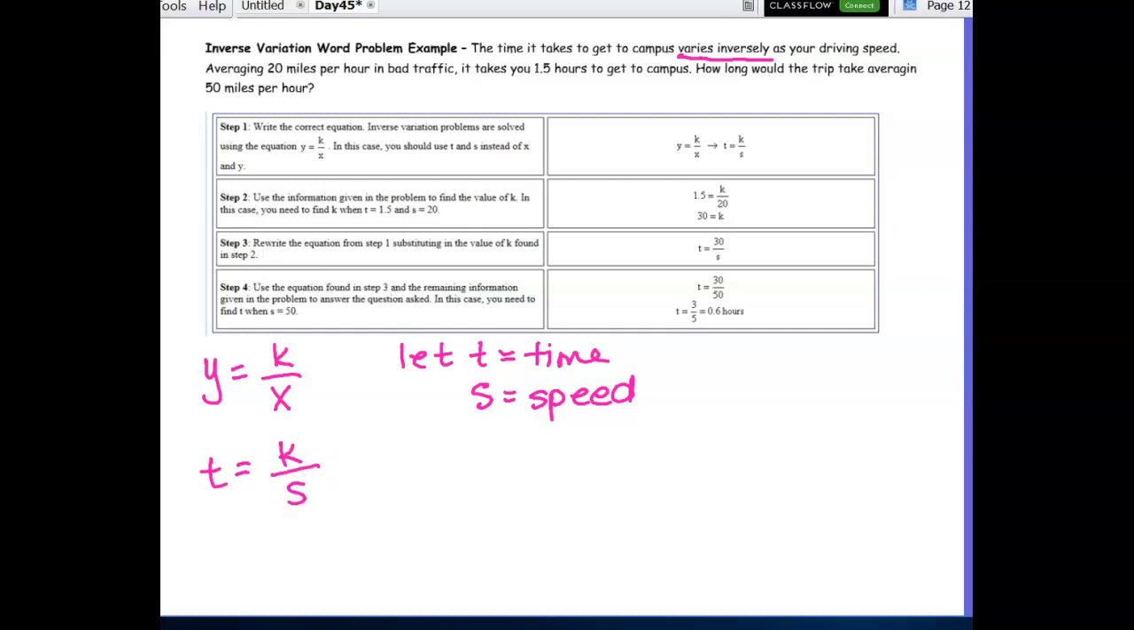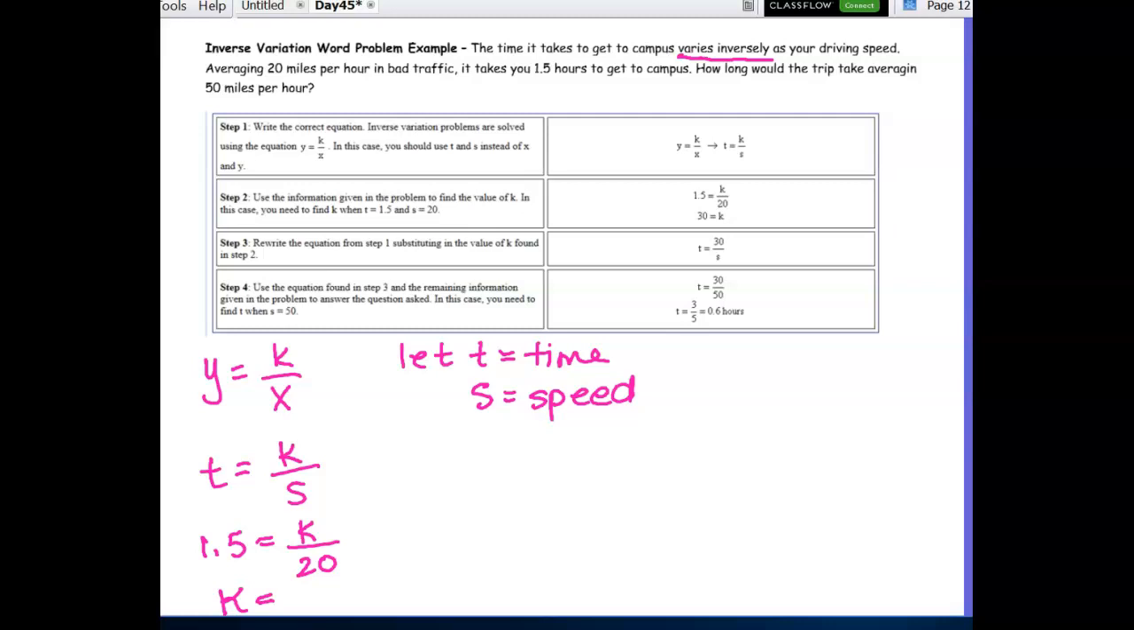So instead of y is equal to k divided by x, I've got t is equal to k divided by s. Okay, makes a little bit more sense. So now we're looking at the information. Averaging 20 miles an hour in bad traffic, so the speed is 20 and the time is 1.5 hours, okay? So the time is 1.5 and our speed is 20 miles an hour. So to figure out our K, we just multiply 1.5 times 20, and we're going to get,